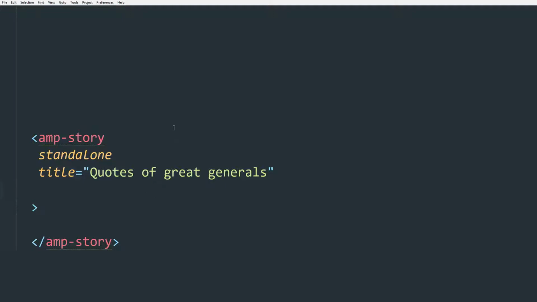So even though those attributes won't appear anywhere in your story, they're still important, and they're telling the browser that this is a story and this is metadata. Just like the metadata you include in your head, this is what those attributes of the amp-story element are going to do for your story. Okay, so the next attribute is publisher, and this is not the same as the author of the story. This is just the company that publishes the story. So, for example, let's say that our publisher is Stephanie Web Design.